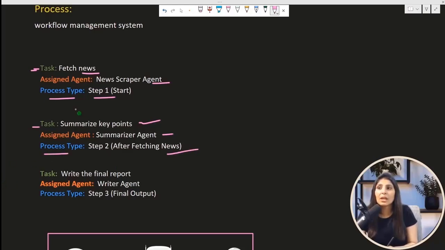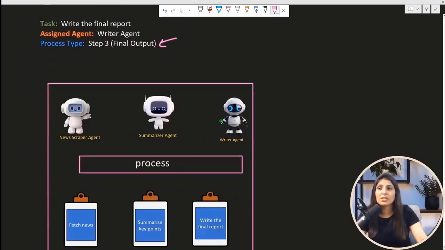And this should be the second step. See, process type. So guys, there are 2 kinds of processes. One is to perform in a sequential manner, one is parallelly. We will discuss that in some time. What I'm trying to tell you over here is that we are telling which task should be done first, which task should be done on the second step, and which task should be on the third step. So this is what process is.